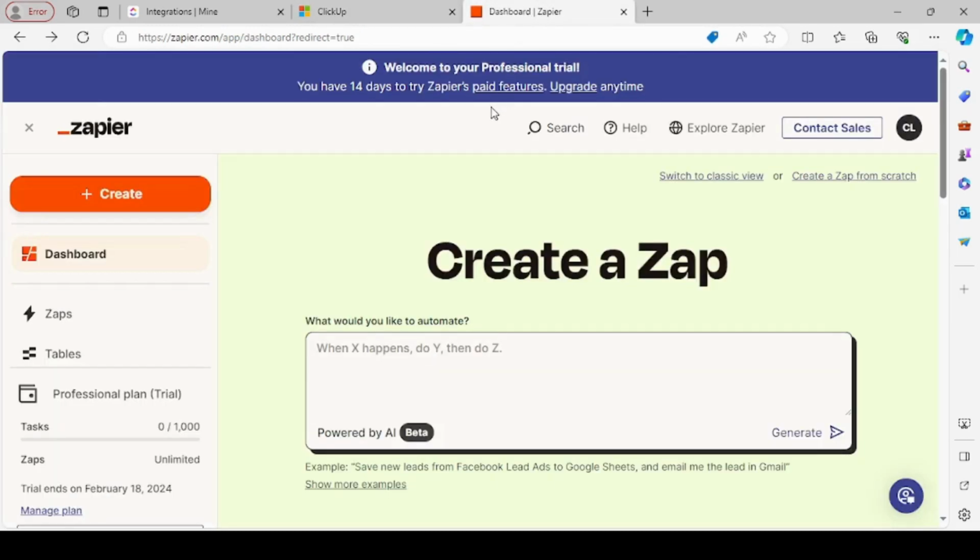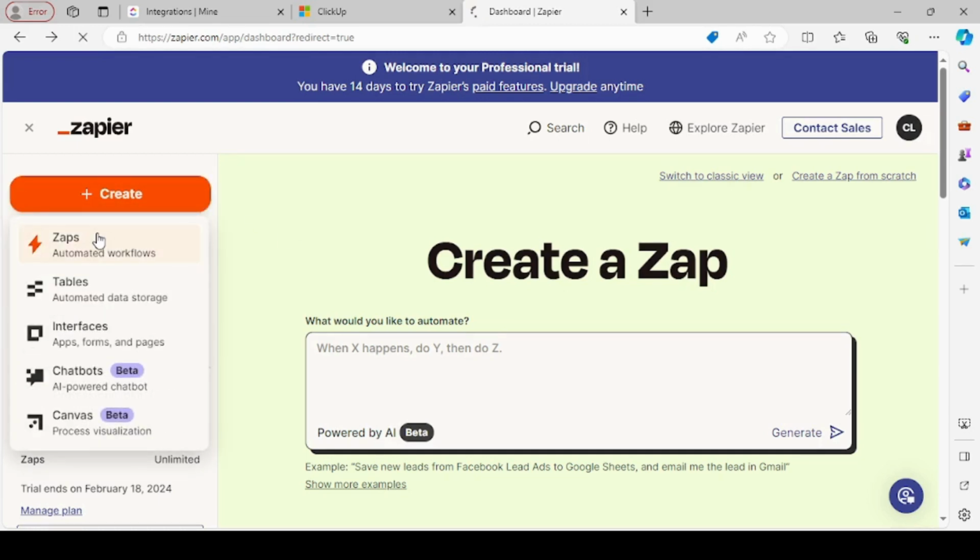I just recently signed up to this one, so same thing. This one is very user friendly. Just sign in using your email address or any preferred email that you want. So once you're on this page, just click on create Zaps,